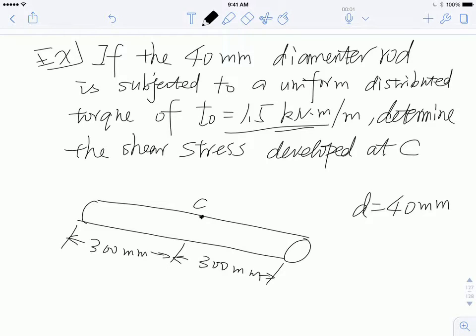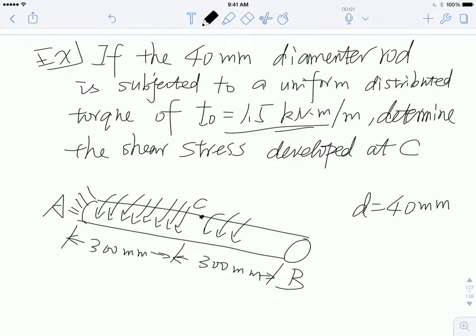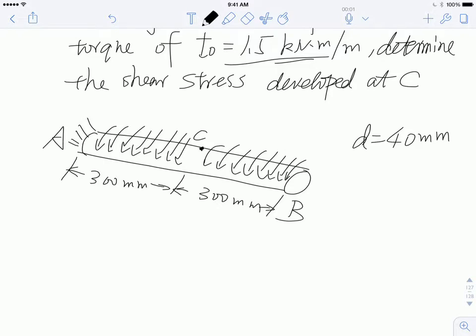And then this is my point A, this is my point B, and again point A is fixed. Now this will have a uniformly distributed torque, just like that. So therefore it causes rotation across the whole length. Okay, so the first thing is we need to calculate what is going on in this